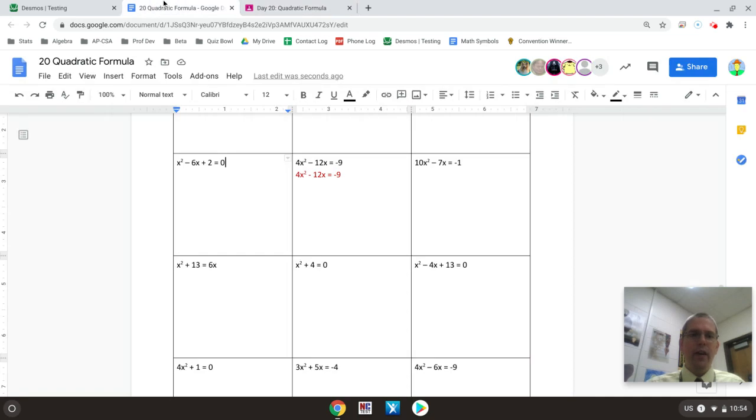Okay, the next thing we're going to look at is this problem here. It has a -9 over there, so my first step, of course, is to get the -9 to the other side. So I'll need to add 9, and then -9 plus 9 will give me a 0. Now, remember, you could use the quadratic formula with A is 4, B is -12, C is 9, but